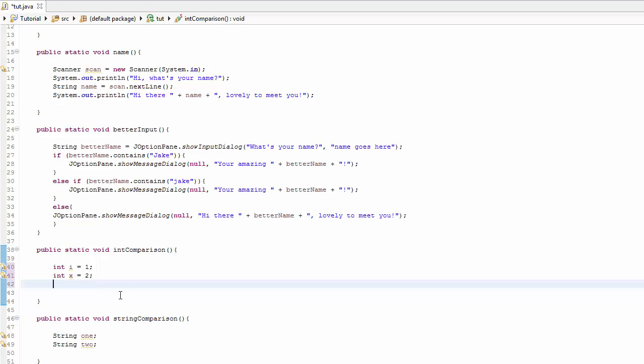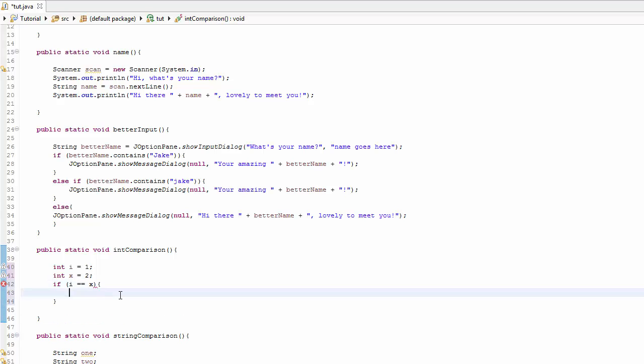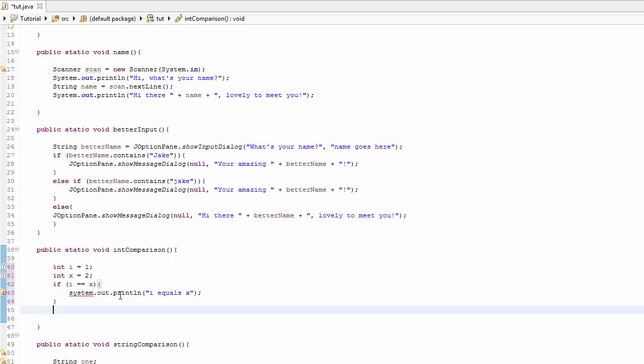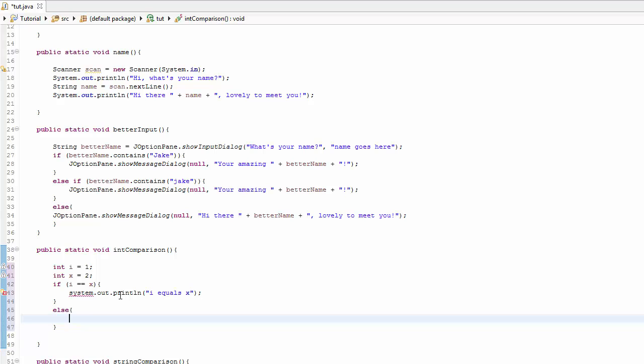Then we're going to say if I equals x, System.out.println, I equals x, else System.out.println,